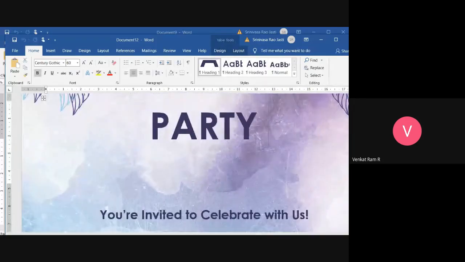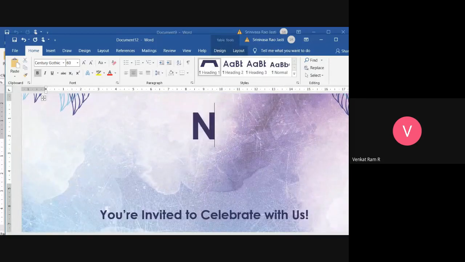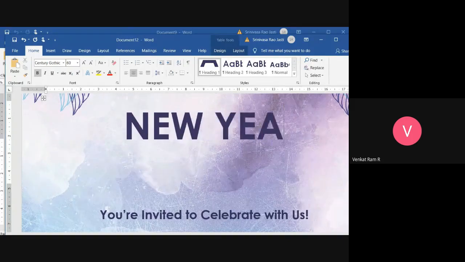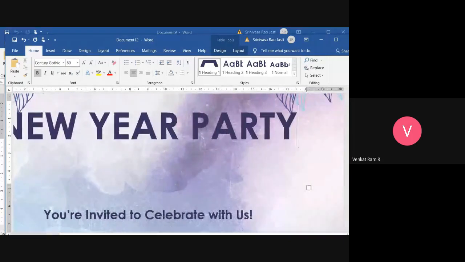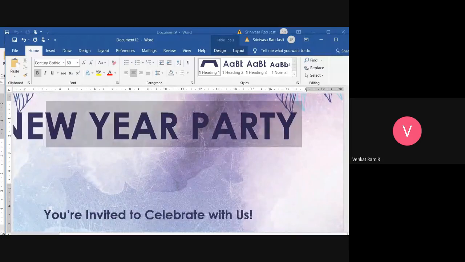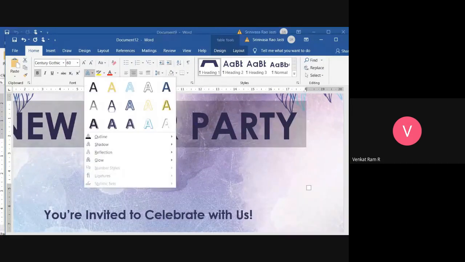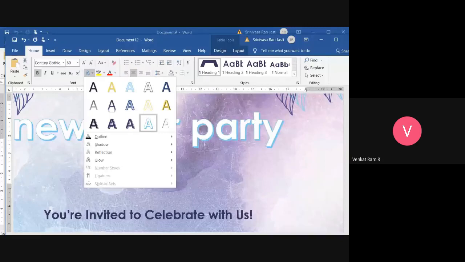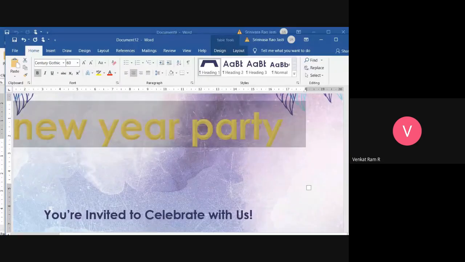Just edit it. Okay, whatever you want, some new year party. Just click on this, and you can even select your required text.